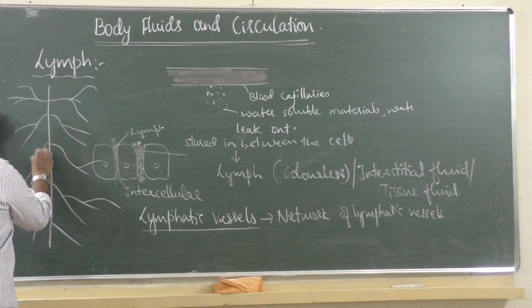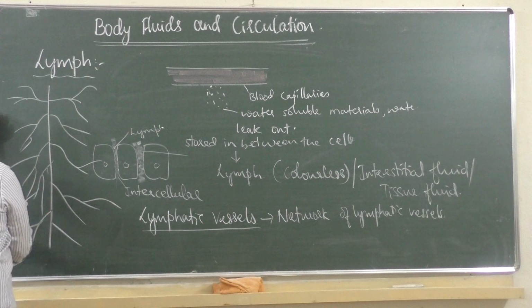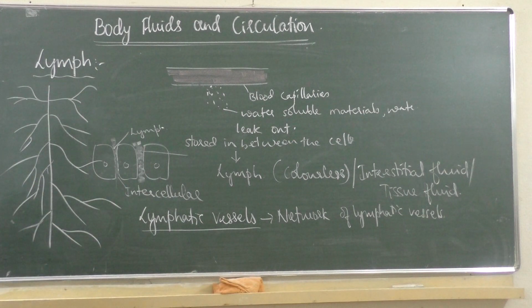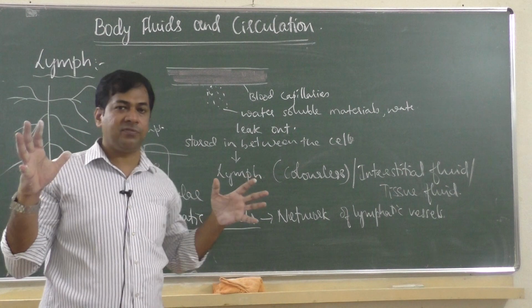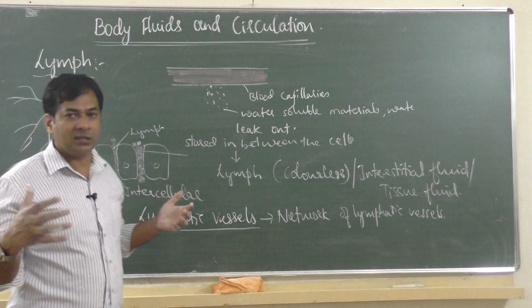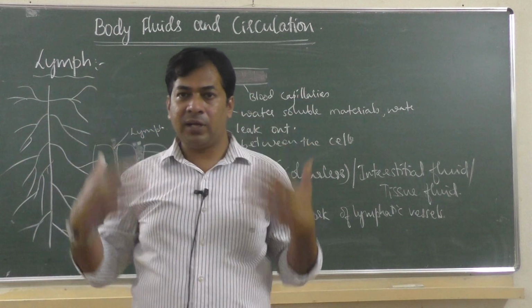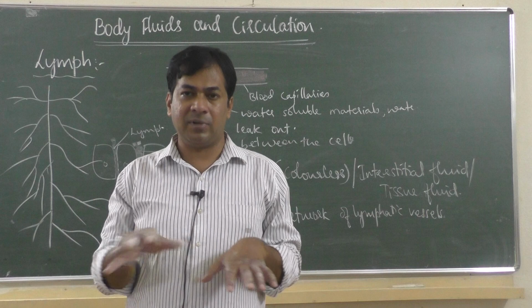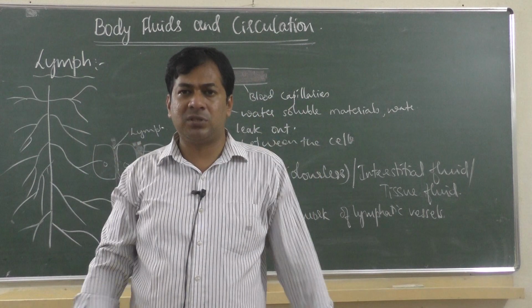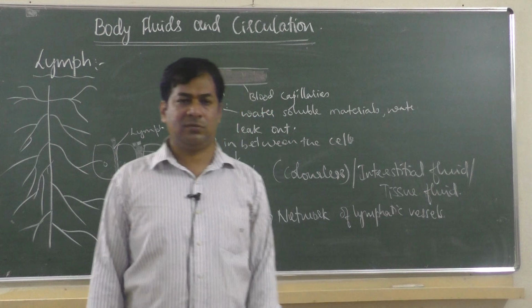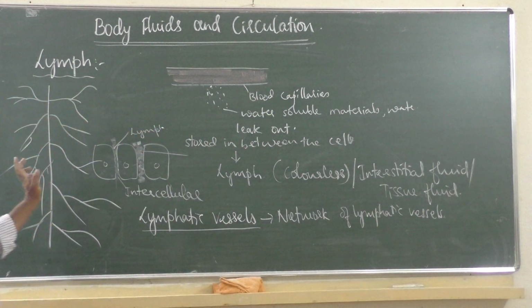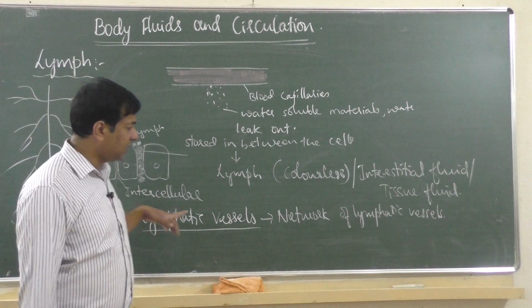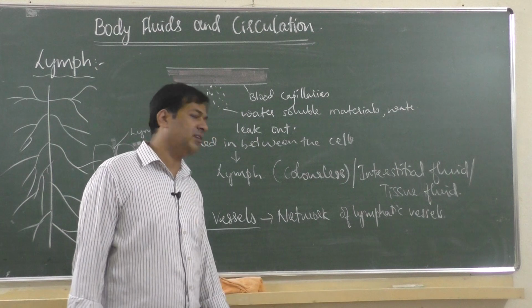I am trying to give imagination in your mind. These diagrams are not there in the book, I am just telling you. Lymph flows through all these vessels. It's a network, a group of vessels. Like blood vessels, there are many millions of vessels spread almost throughout the body. Like that, lymph also spreads to the body, and lymph flows through lymph vessels or lymphatic vessels. Together, all the lymph vessels are a network of lymphatic vessels.